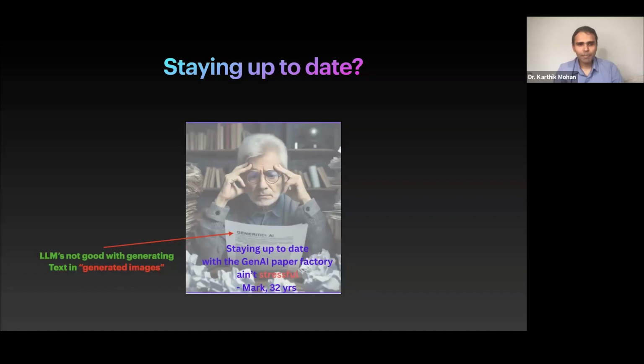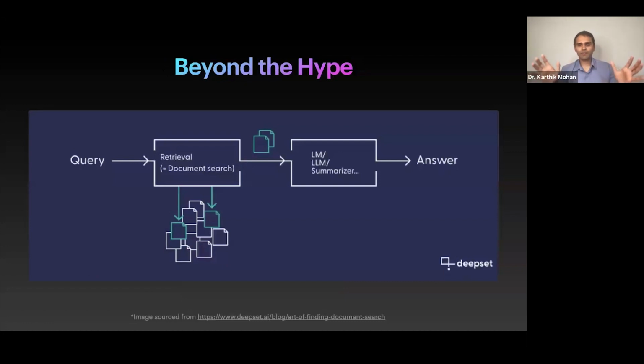And as you can see, LLMs are not good with generating text within generated images. So this is a generated image, right? But if you see the paper that Mark is reading here, it says generative something AI. So anyway, side note. So beyond the hype, there's a lot of hype, like everyone's talking about LLMs, ChatGPT,